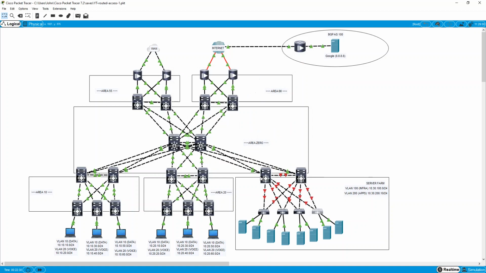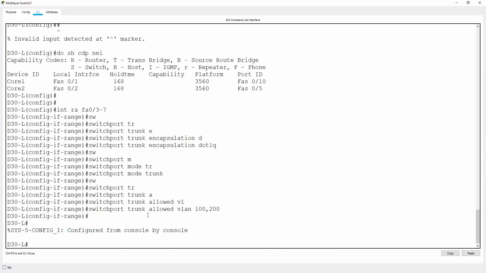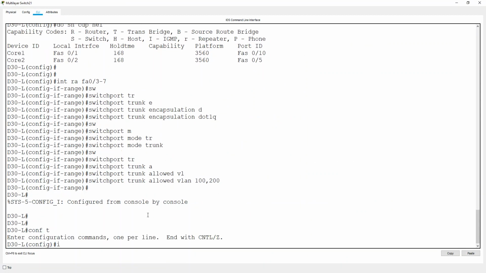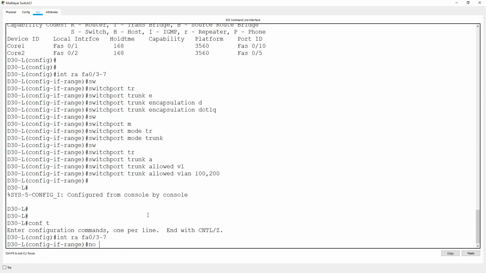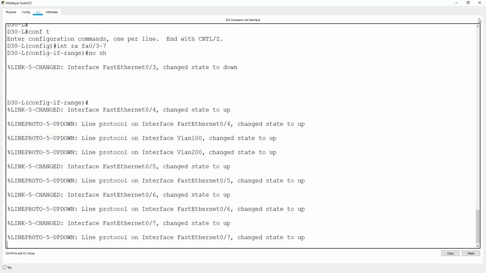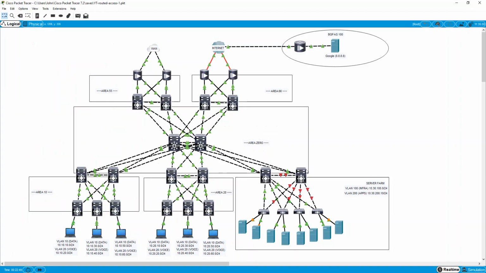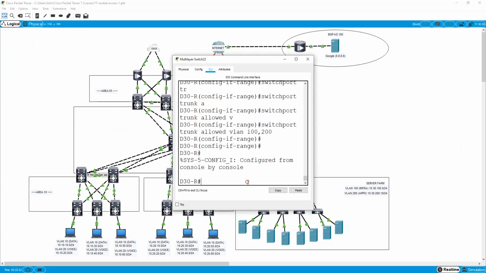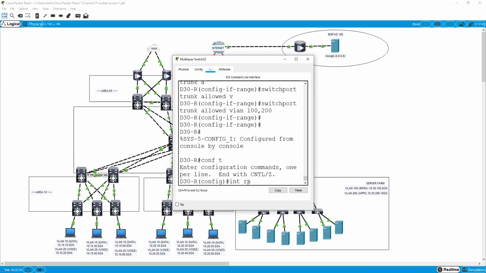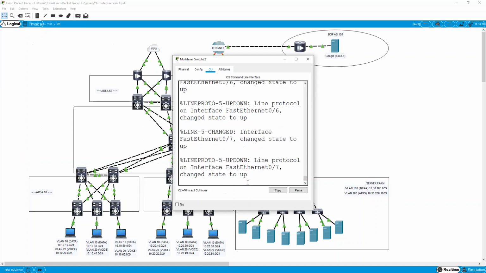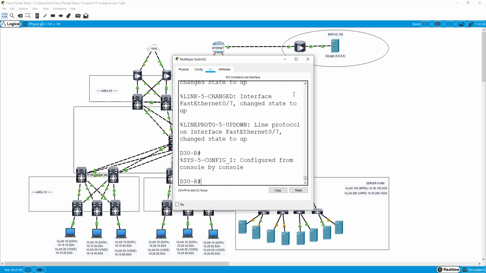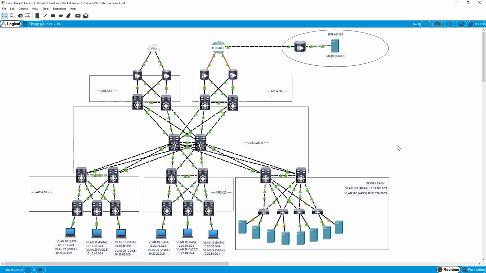And let's go and bring these interfaces back up. So int range FA0/3 to 7, no shuts. That'll be int range FA0/3 to 7, no shuts. And we should have